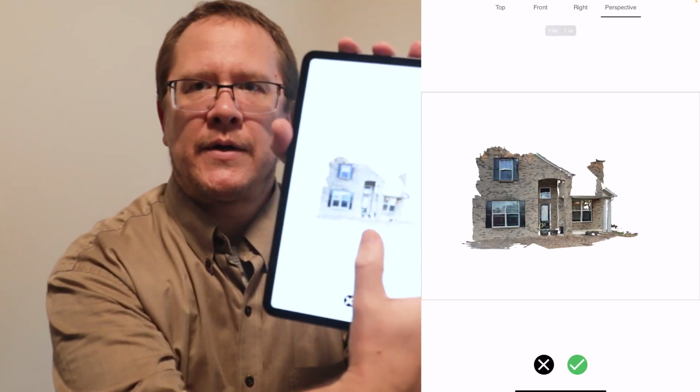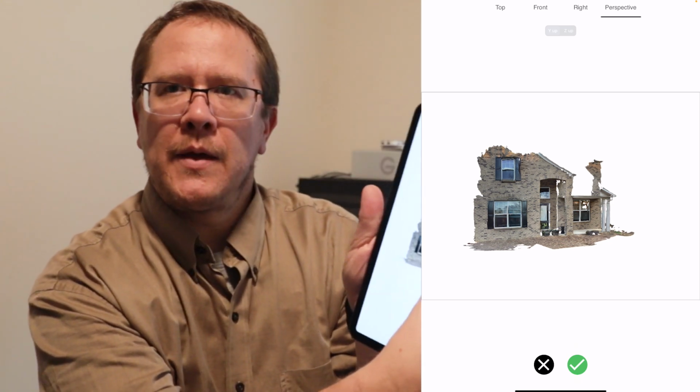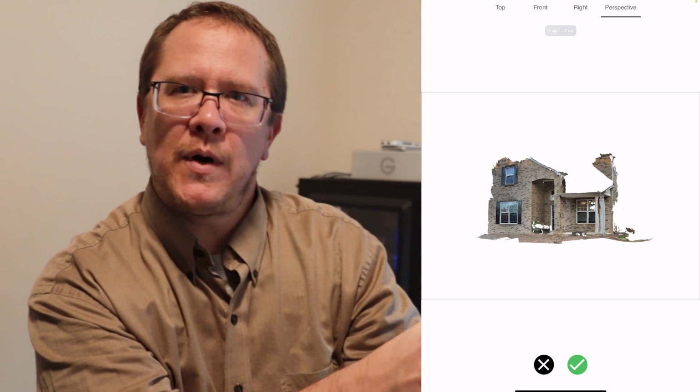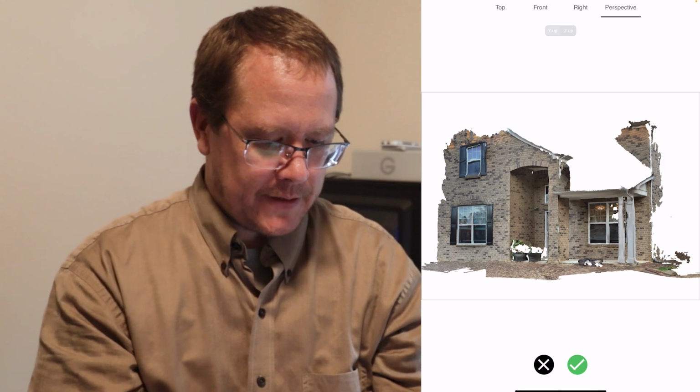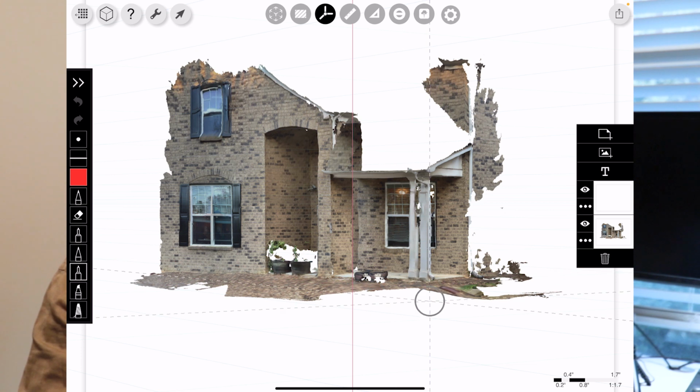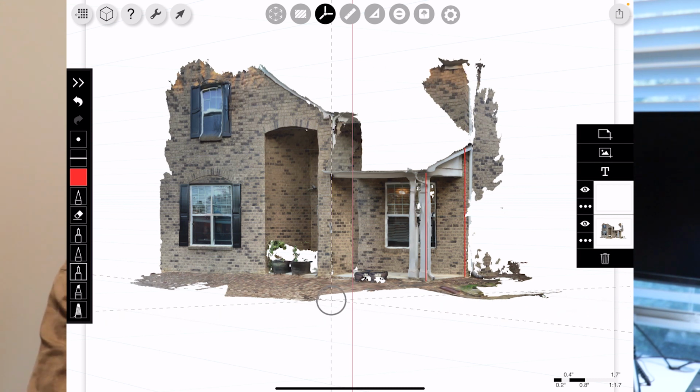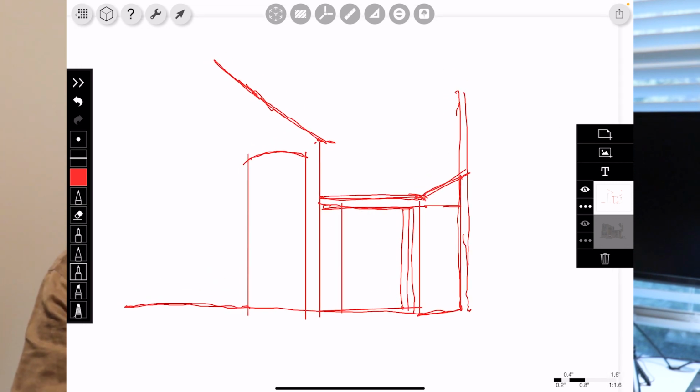So now it brings you up with this window here, and you can pan around to get the view that you want. You're basically setting the perspective that you want to be able to sketch over. So I'm going to line this up here and create. So now you can see that the perspective guides allow you to basically come in here and sketch right on top. So you could see the use cases for something like this. Being able to come in and really rough out a sketch really quickly. Just get into perspective right away